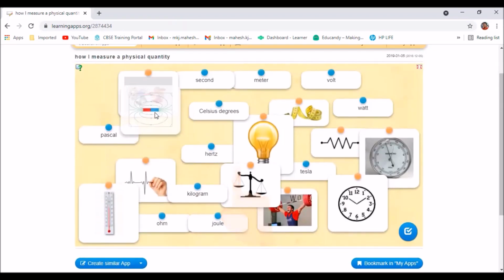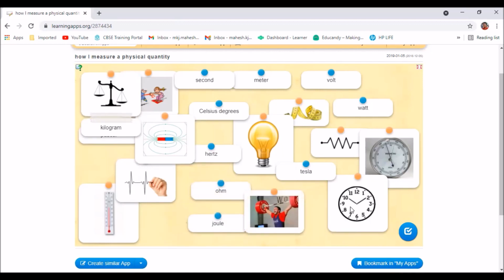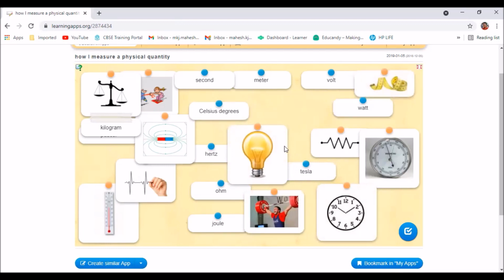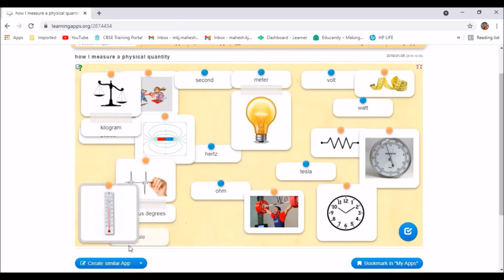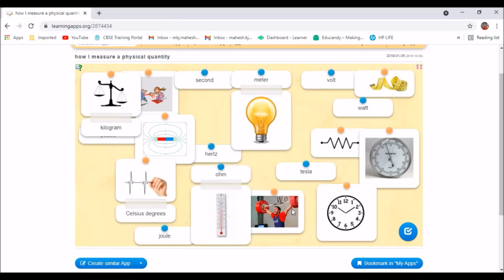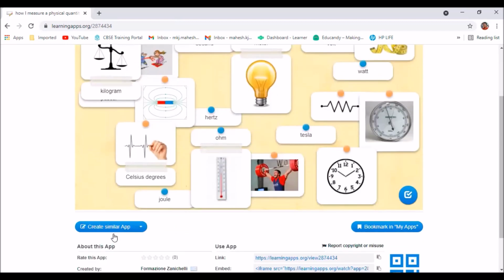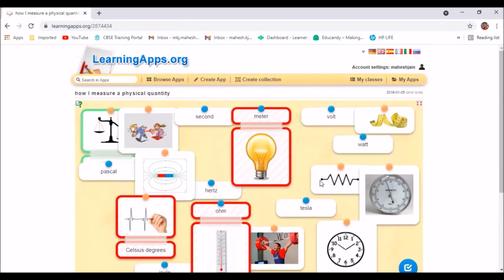I could see this is related to magnet, and do we have anything related to magnet here? There are so many options available, you can see. So this goes to kilogram. At the moment you can see I'm just clicking on it, and I'll get joules, Tesla, bulb, measurements, volt, watt. I'll just randomly connect anything and see what answers we'll get, whether we'll get the answer or not. I'll also be showing you how to create such types of apps. The moment you click on check, you can see we are getting the wrong answers if the answer is wrong.